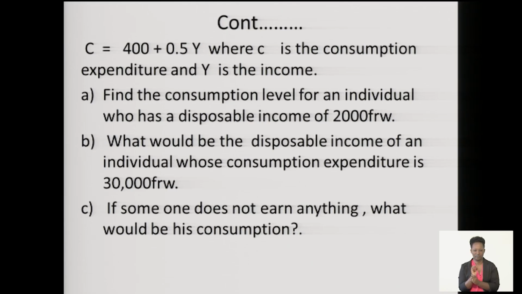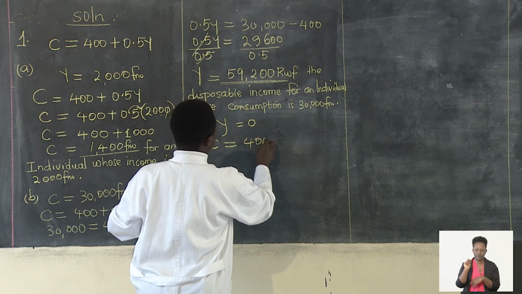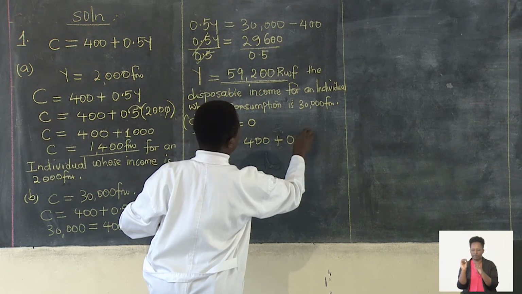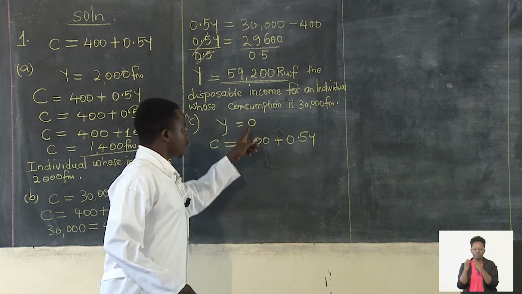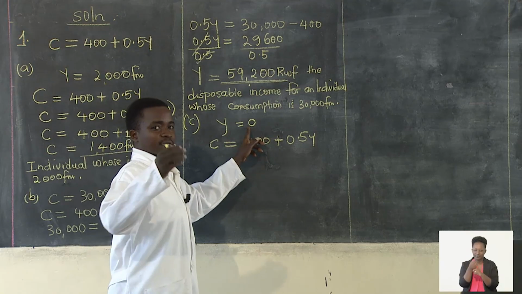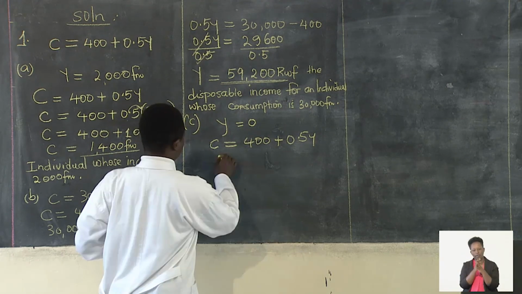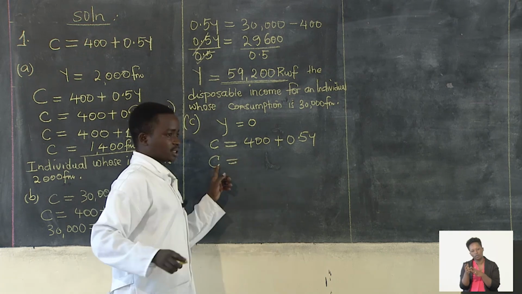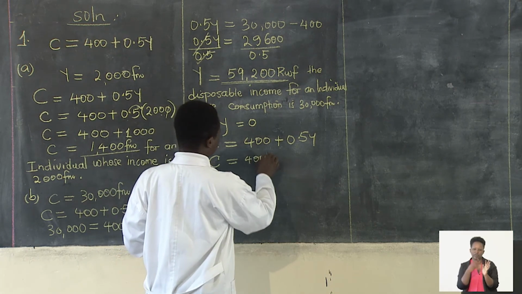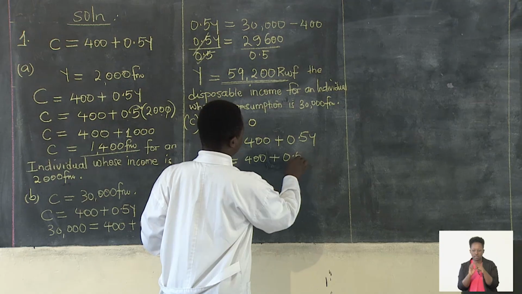You come back to our linear equation where C is 400 plus 0.5Y. Someone does not earn anything, so that means his income is 0. So what will be his consumption expenditure? His consumption expenditure, C, will be 400 plus 0.5 times